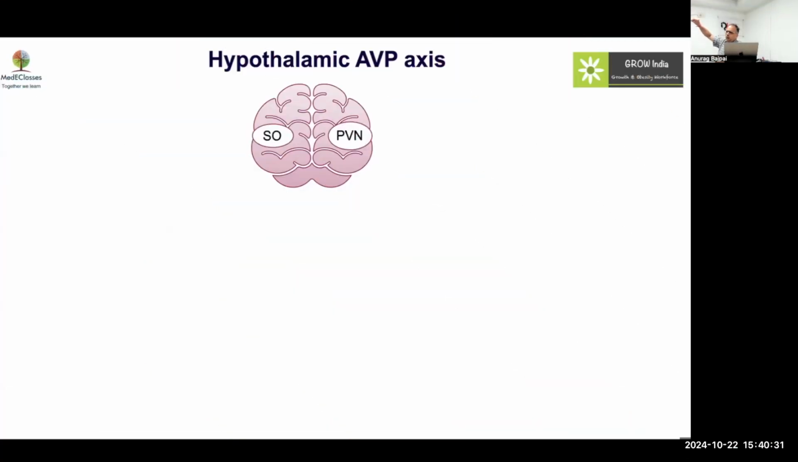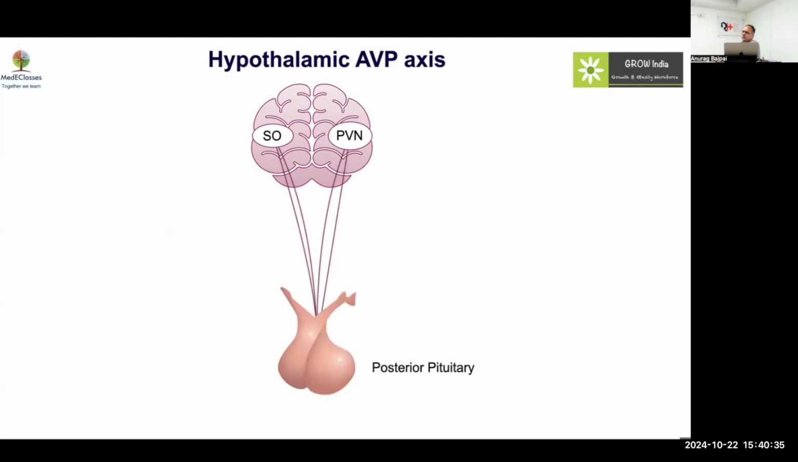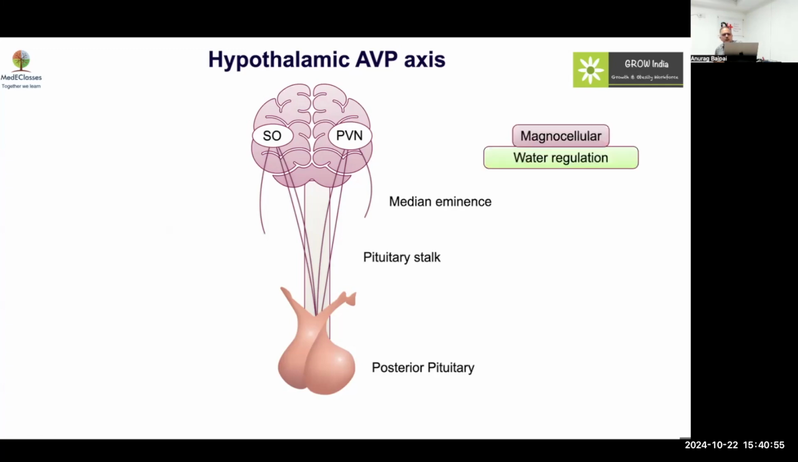The AVP neurons are widely spread, the supraoptic and the paraventricular neurons, and these neurons then converge. They continue to travel to the posterior pituitary, which we discussed earlier also, through the pituitary stalk, and 5% of them terminate in the median eminence. So if you have a lesion in the pituitary, your pituitary is knocked out, you will not have diabetes insipidus